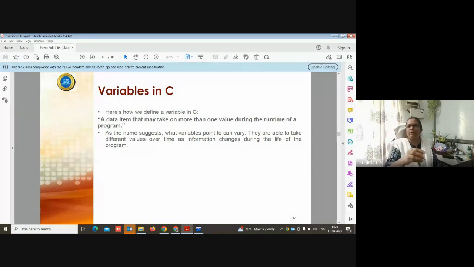I can give 1 right now, 20 after some time, 50 after some time. So the value can vary, which is why it is called a variable. Variables can take different values over the time of the execution of the program.